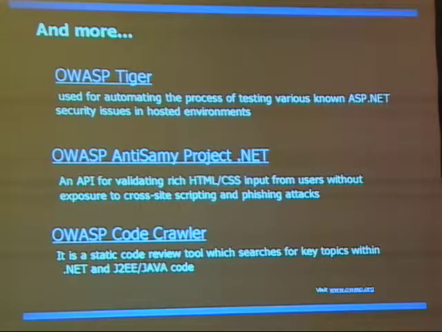So this is actually a tool, if you will, that can ensure that won't happen in those sorts of environments again. Again, the OWASP CodeCrawler project is a .NET code crawler which allows us to do a static review of code. SQLBench project, Scavenger project, there are a lot of other tools and products that OWASP offers.